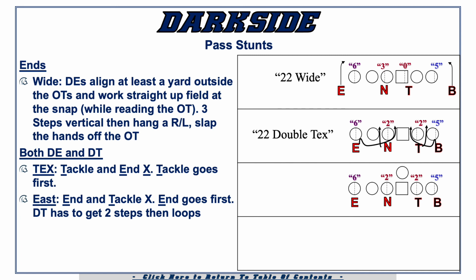Now, we don't like calling this versus a tight end because this is a really long path, but occasionally we will if we feel like we have somebody we can pick on. Sometimes teams will, if they have a bad guard, try to put the tight end to that bad guard during pass protection so that guard just has to fan him out. It's a little bit easier job. This allows us to then find that guy and pick on him.